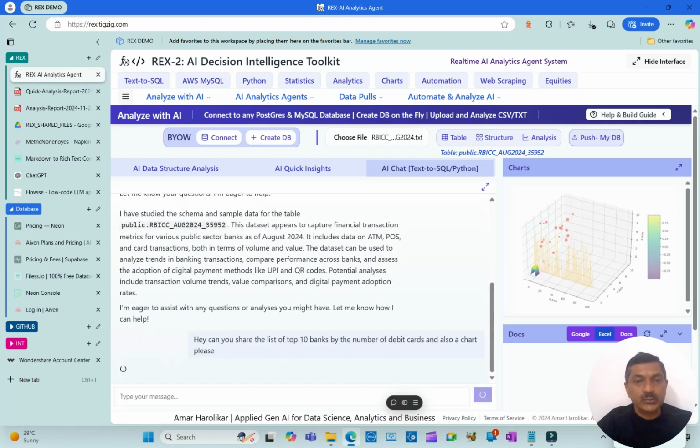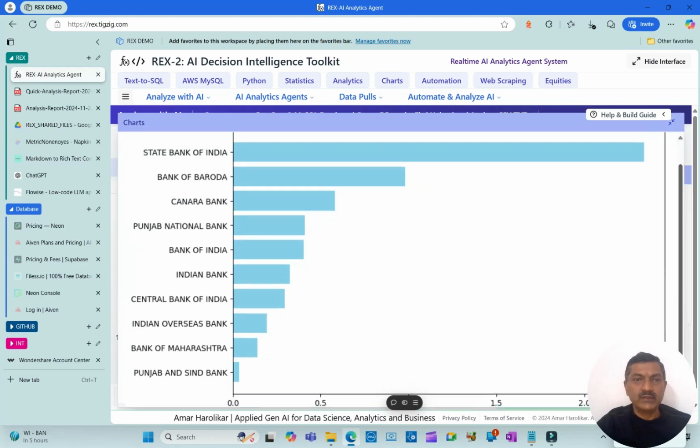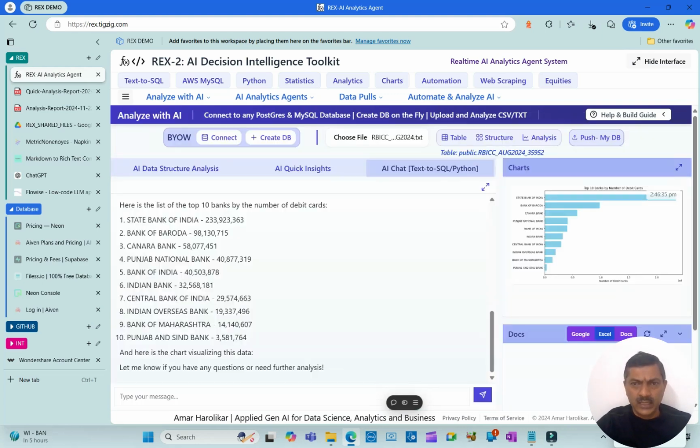So now it is going to be running a SQL query. I could have asked the same question without pushing to the database, but typically the answer goes wrong. You know, that sorting and all, it doesn't do very well when it is just looking at the text. But when it is done by SQL query, it comes out perfectly well, because it's a simple query here. So here we have the number of banks. In a later section I will be running more detailed queries on a much larger data set,